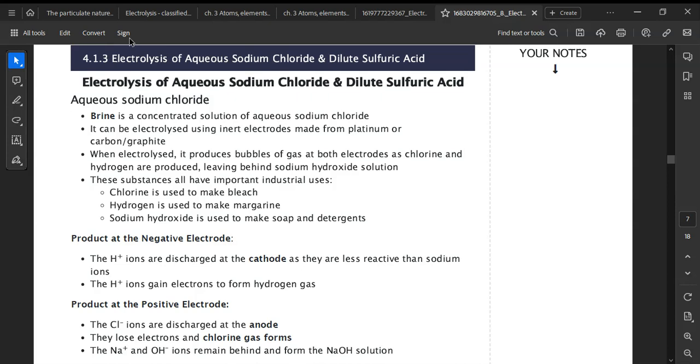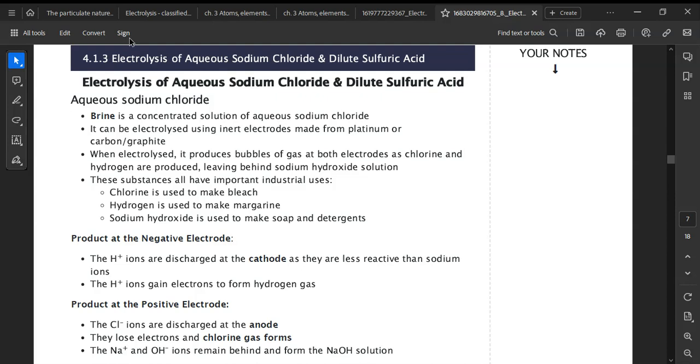Brine is okay. So the electrolysis of aqueous sodium chloride and dilute sulfuric acid. Aqueous sodium chloride. Brine is a concentrated solution of aqueous sodium chloride. So you can say aqueous sodium chloride or brine. It can be electrolyzed using inert electrodes made from platinum or carbon or graphite. When electrolyzed, it produces bubbles of gas at both electrodes as chlorine and hydrogen are produced, leaving